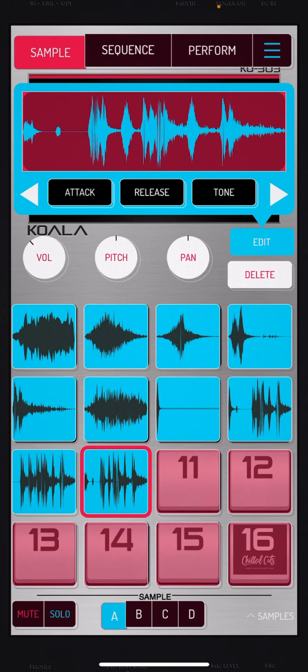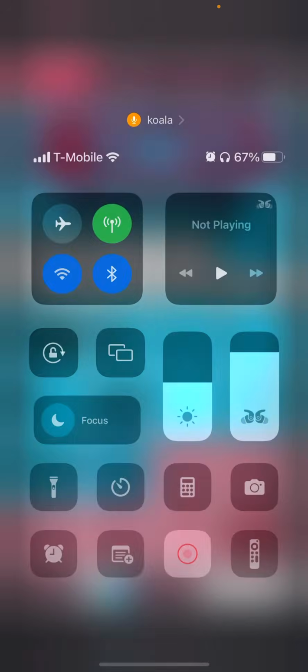Yeah, so that's it for this video. Just wanted to show you that little idea I came up with. Actually, somebody came up with it in Ableton, and then I started thinking, since they have chance or the dice, right, now I could actually probably do that in Koala too. So it made me think of that this morning, and I thought I'd share it with you. All right, that's it for this